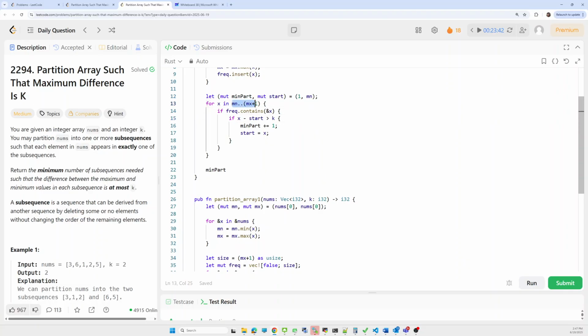Iterate in the range of minimum to maximum and check if the set contains x, then we look forward. We check if the difference of the current element and the current minimum element of the partition is greater than k, then we need to increment the partition, meaning one more partition. The same thing, and in the end we'll return minimum partition.